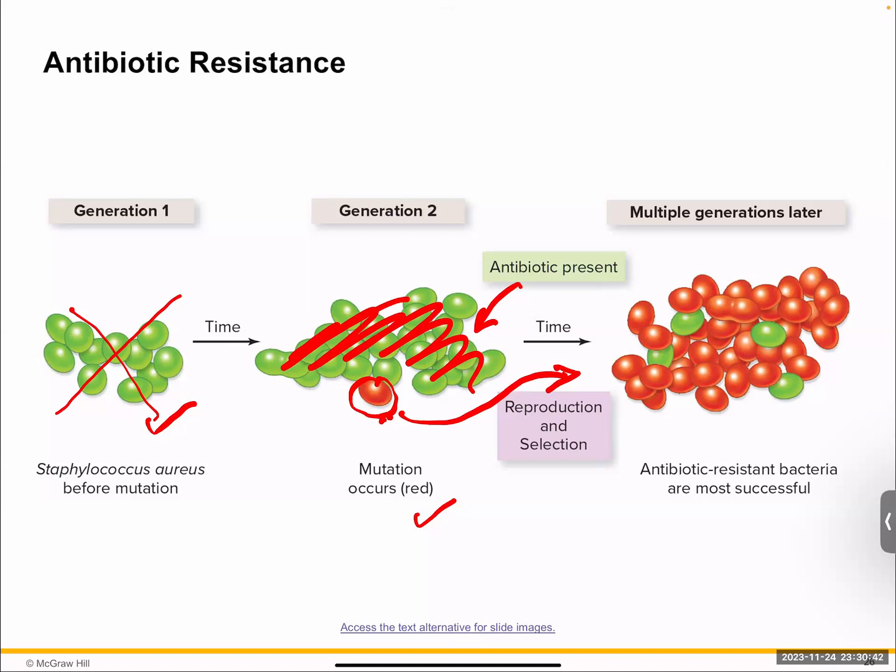So within the next few generations, the red ones are going to basically take over the overall population of the bacteria. And now you're going to end up with a huge number of red that are effectively tolerating the antibiotic, therefore becoming antibiotic resistant. So one of the best ways to prevent the development of these antibiotic resistant bacteria, as an individual, is one, do not insist that your doctor write an antibiotic